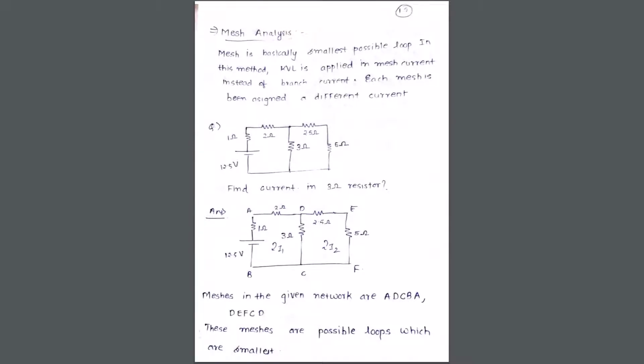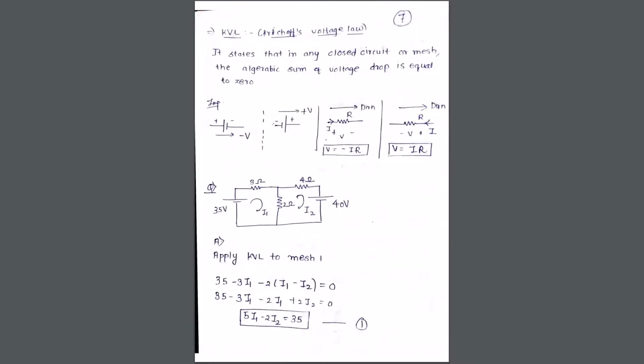that is Kirchhoff's voltage law. So before coming to the circuit diagram, in which they are asking you to find the current through the 3 ohm resistor, let us understand beforehand what are the basic rules that we are going to apply in it. That was covered in the last class, but still I'll try to summarize them in a short way. These are the basic rules that we'll be applying in KVL.